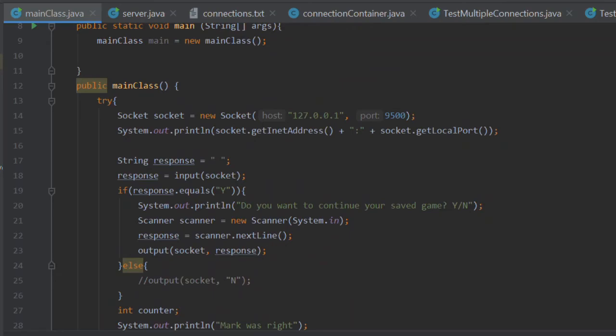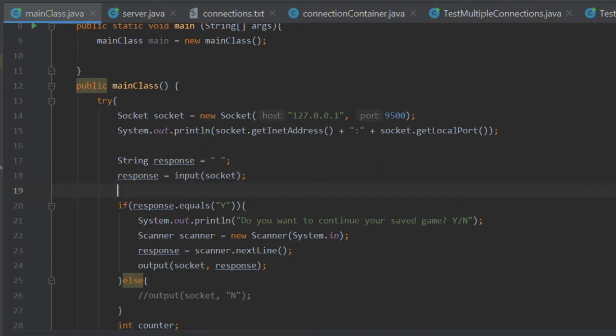So if you're player 2, what happens? You join. You should immediately make this. This should be the first response that you receive, the first piece of information that you receive from the server. And that should be default whether you're player 1 or player 2. So I'm going to say